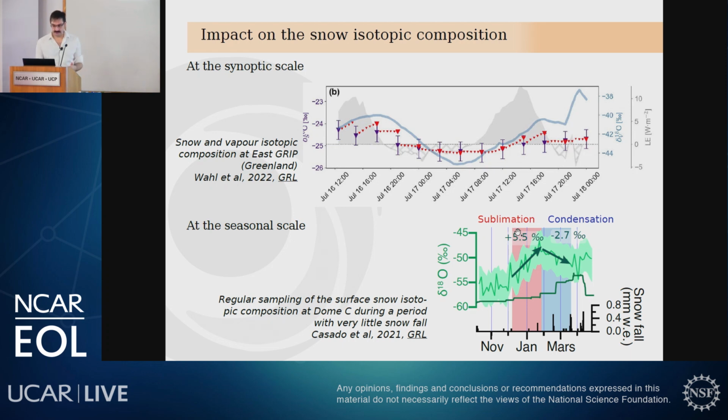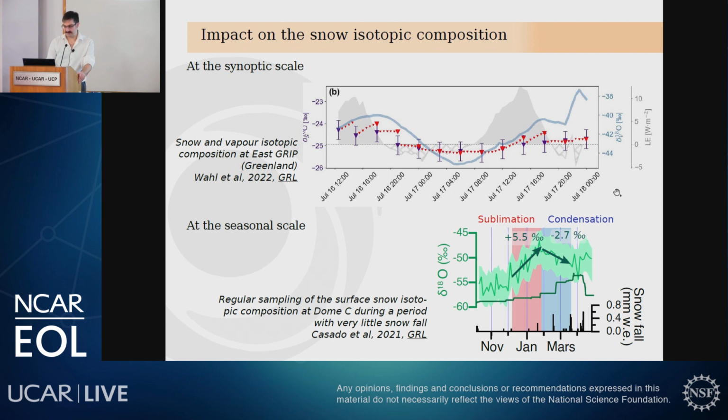And this is something that basically will impact the snow isotopic composition at every time scale. So just two small examples. Here, this is a paper from Sonia Val, who is going to start a postdoc with us next year, and who did a similar study in Greenland and showed that the change of the snow isotopic composition, the small triangles, is driven by the vapor isotopic composition in this period without any precipitation. And here they actually had a sonic anemometer to evaluate the fluxes, a bit better than